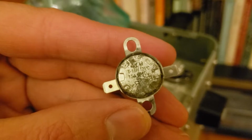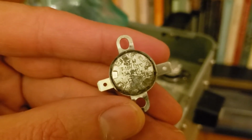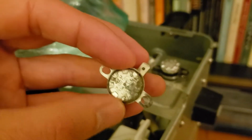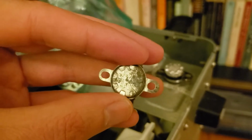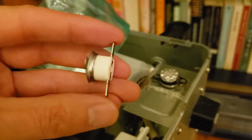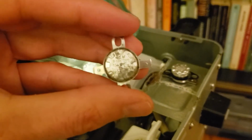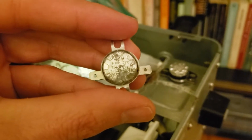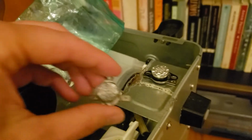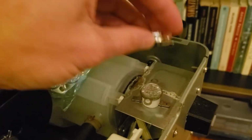So my friend who knows about these things said that the 18 he thinks is the diameter of this internal ring, and he was right. So it's 18, and it was 25 millimeters here, and 120 volt, 125C, and 15 amp. So I struggled for a while. Looked on Amazon trying to find exactly that. Couldn't find it. Found a whole bunch that were